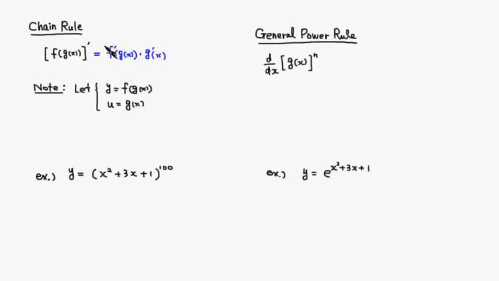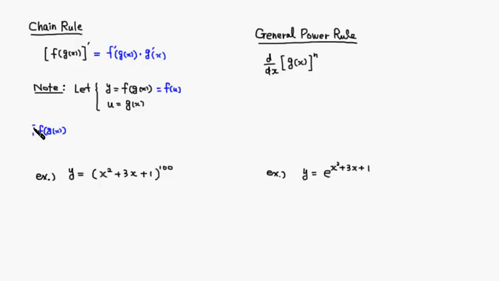Here's an explanation for why this is the case. Let y equal f of g of x. We want to take the derivative of that. Then let u equal g of x, so we can rewrite f of g of x as f of u. So if you're looking for the derivative of f of g of x,